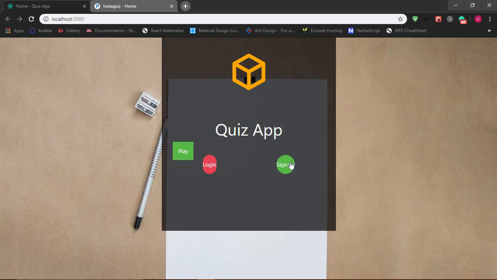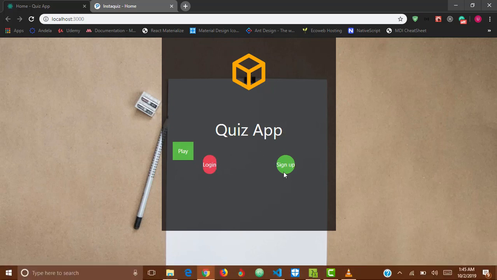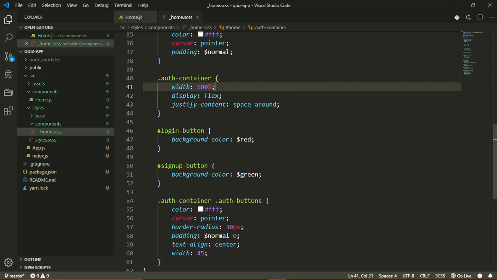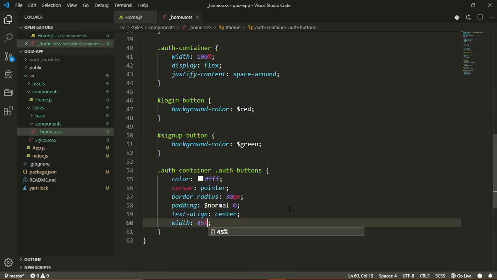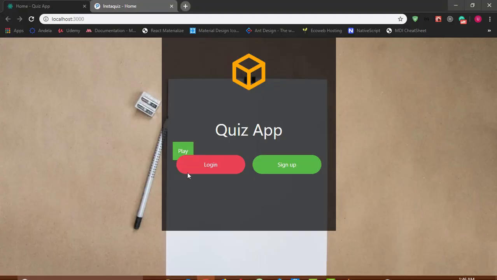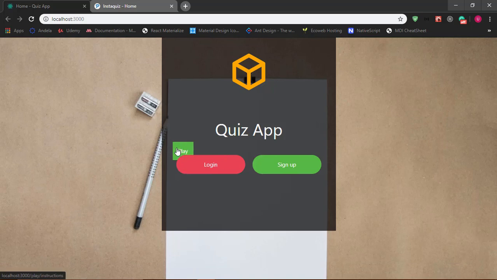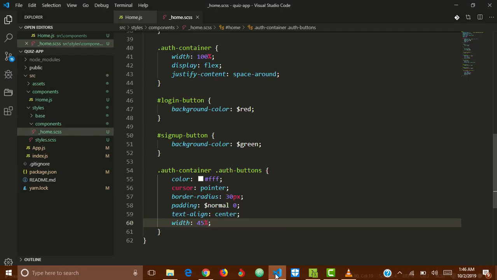Now currently our buttons have the right color but not the right width and positioning, so let's fix that. So for the login and sign up buttons, okay, there's a typo on the width. This is supposed to be 45% and not just 45. Hope it fixes something. Very good. So for the play button, I want it to span the width of this container. It's supposed to be as wide as these two buttons together, just the way this one is. So to do that, back in